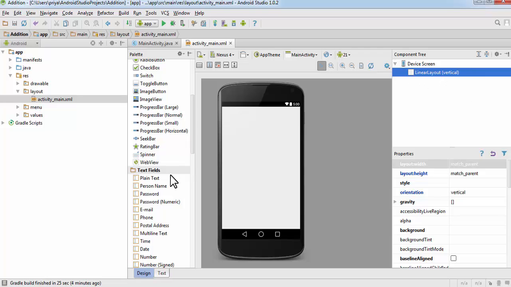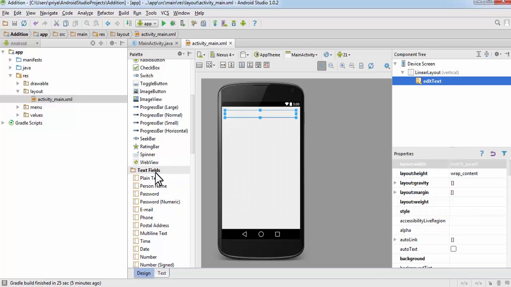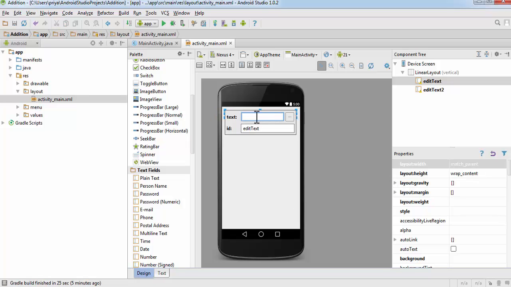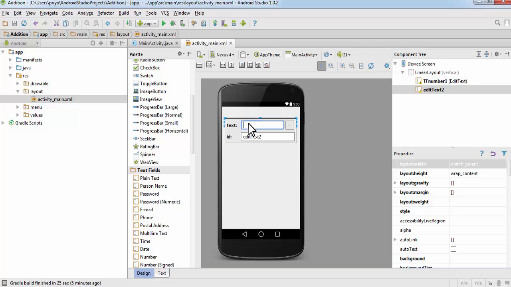Now insert two text fields, plain text, and one more, and you can assign two IDs for that. Double click on it and you don't need to write any text because it will be empty, and the ID is number1. Since it is a text field, I'll write TF. Text field, it is easier to refer to them, number 2.